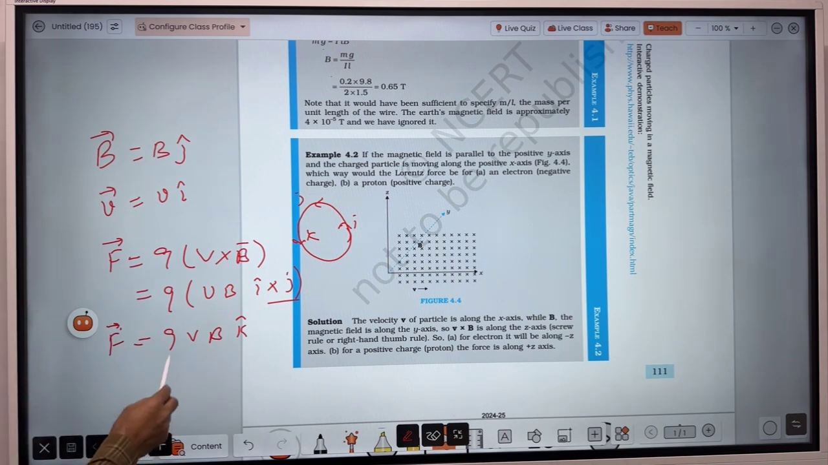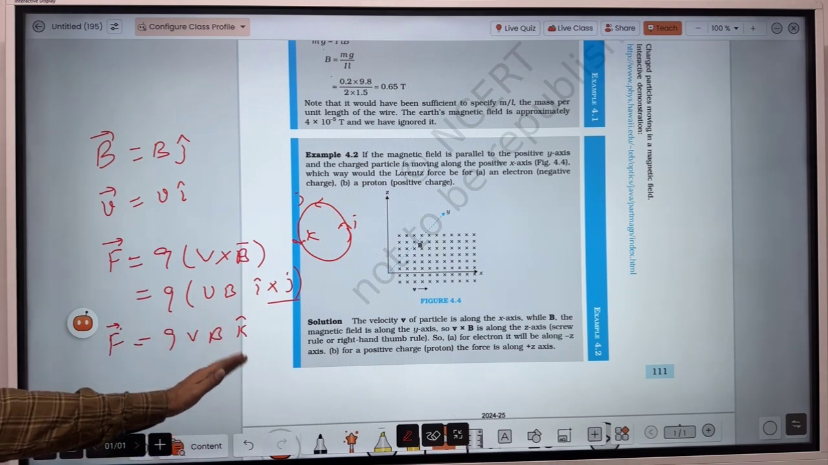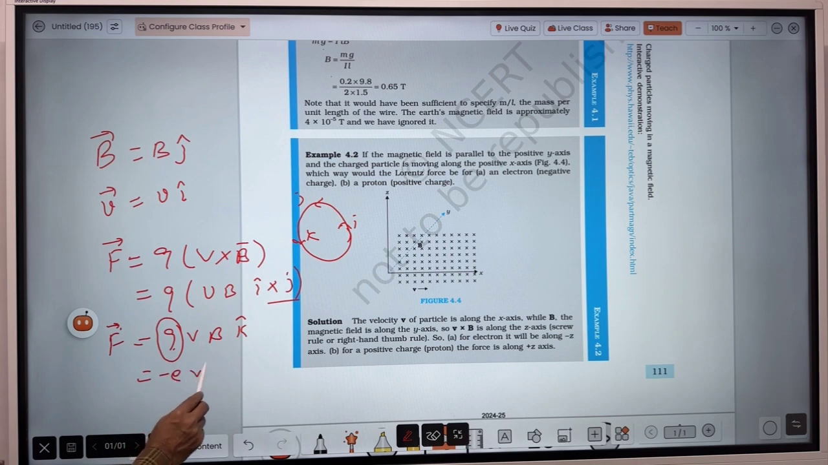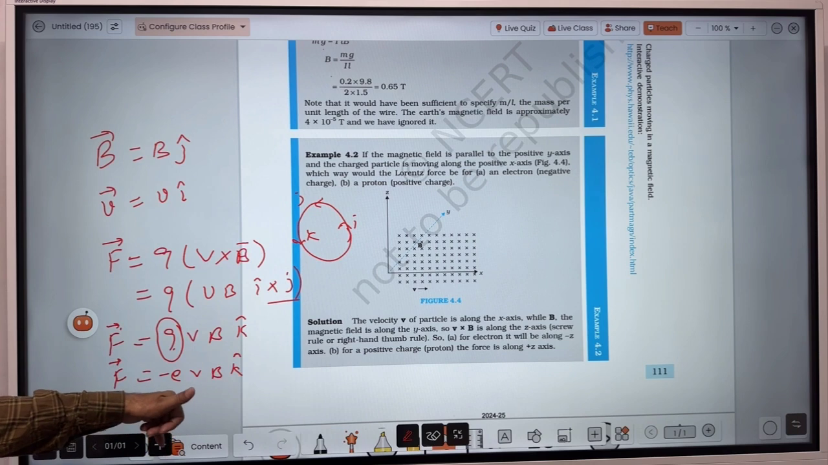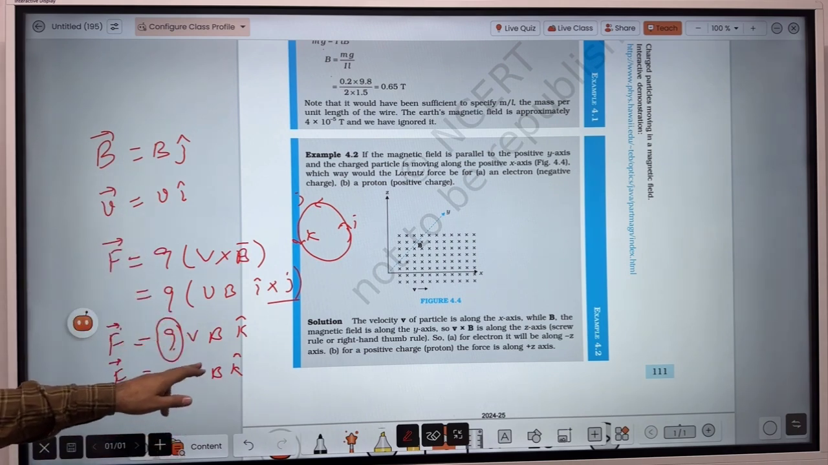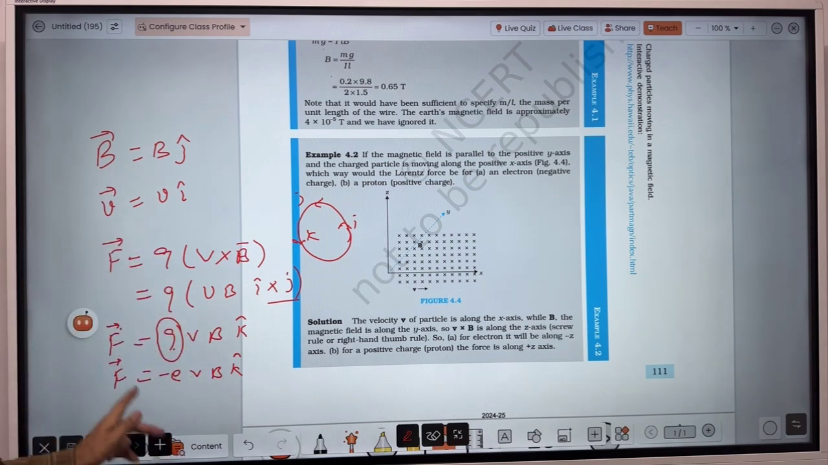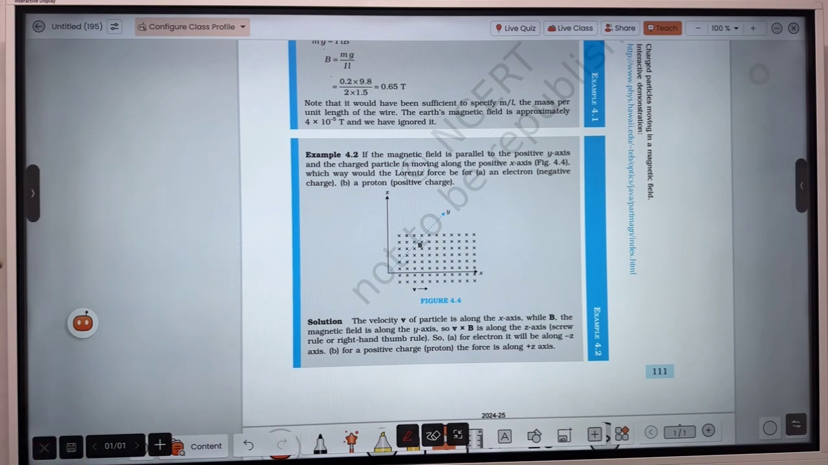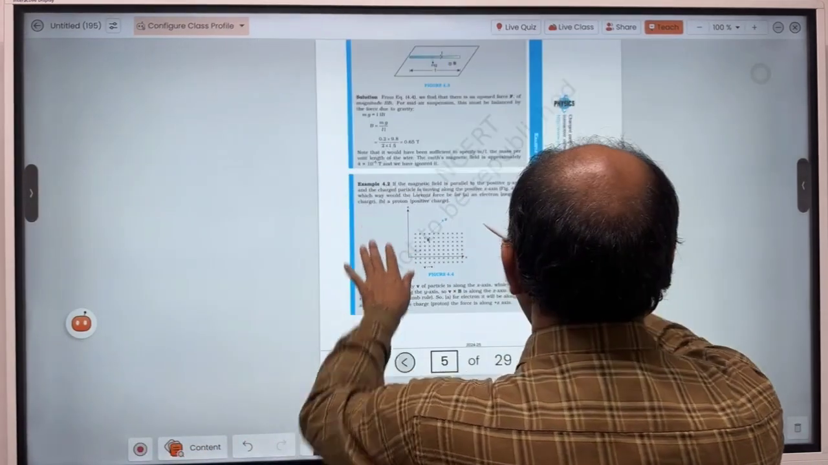Now, if this k cap means the positive z-axis, and this q is replaced by the electronic charge minus e, v, B, k cap, then the force will be perpendicular downward, along the x-axis but in the negative direction. And if we take a proton, the same charge will be replaced by plus e, v, B, k cap. So the force will be perpendicular upward. The same thing is written here. If you read it,